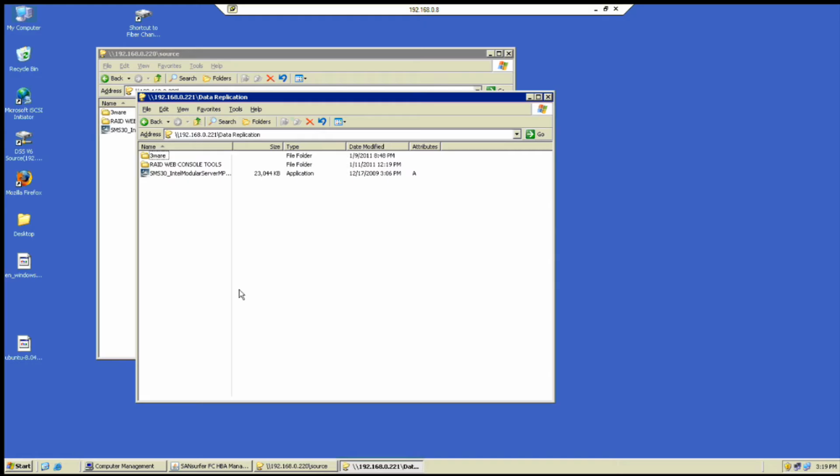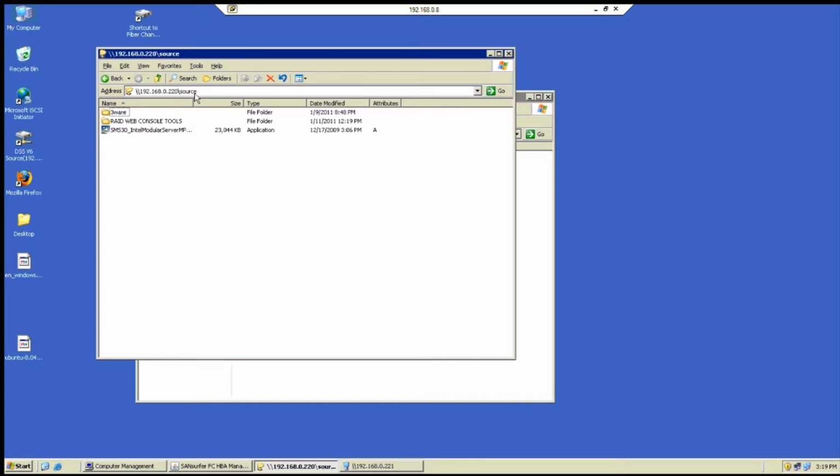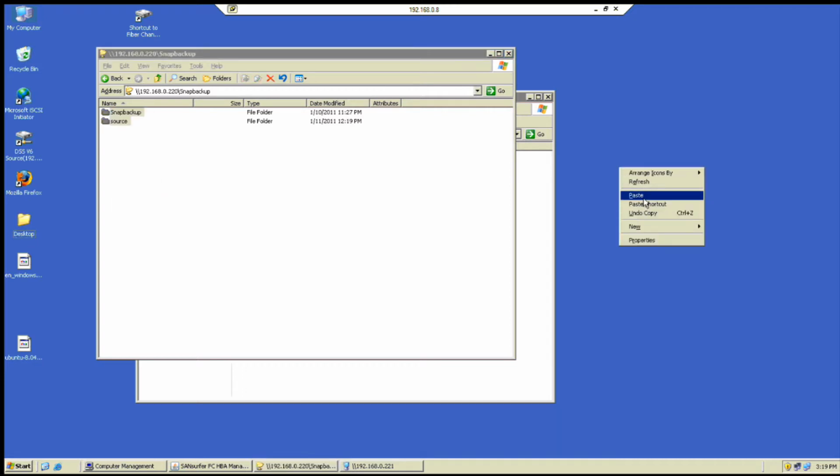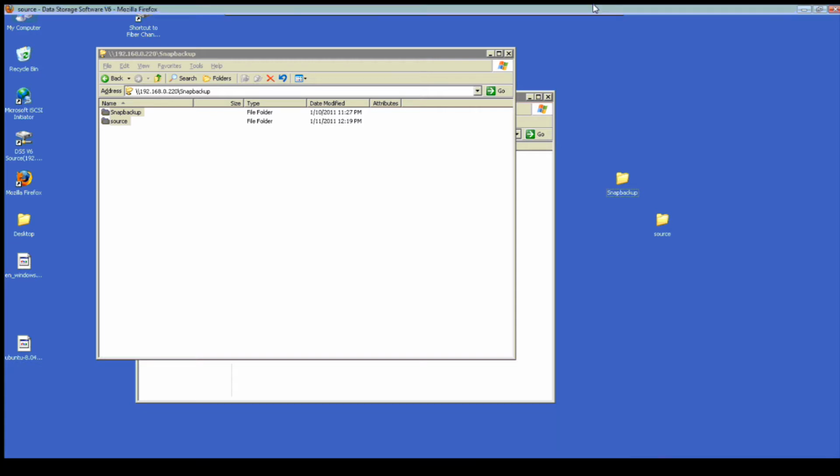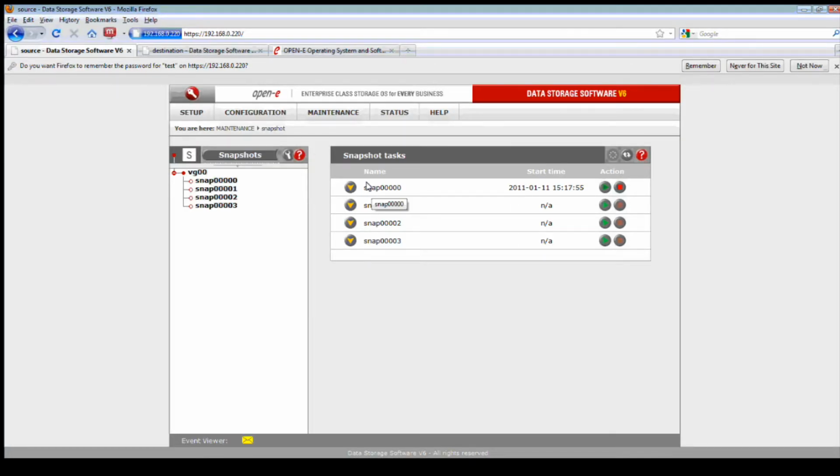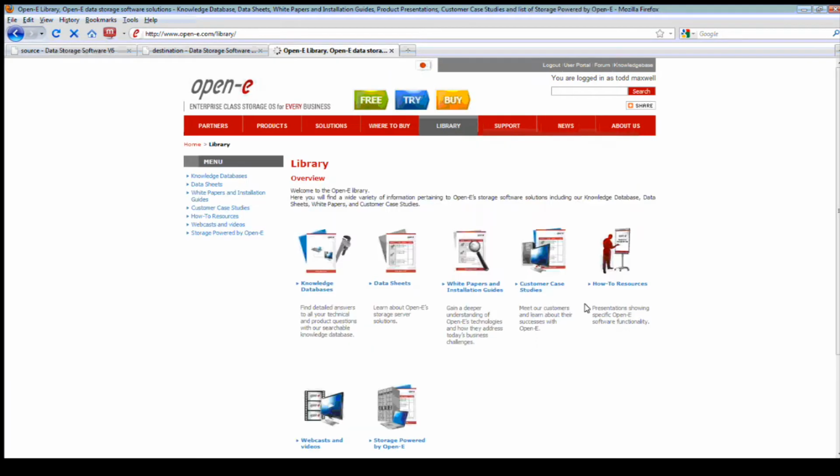Keep in mind, snapshot is not like CDP or continuous data protection. So let's say I have a start time of 1 a.m. in the morning and to 2 a.m. in the morning or 3 a.m. in the morning, that means I'm able to view the snapshot between 1 a.m. to 3 a.m. I had a customer that was asking me a lot about snapshot and how it works, because he had some confusion. He couldn't see a snapshot after 4 a.m. in the morning. Well, there was a reason why. It's because he needs to extend that time or leave no time, which means every 24 hours that snapshot is going to kick on. So that's how the snapshot works.